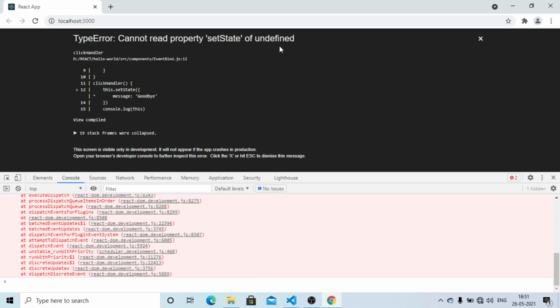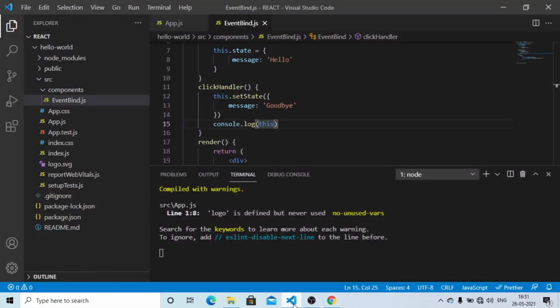So here this keyword is undefined. So that is the reason why event binding is required in React.